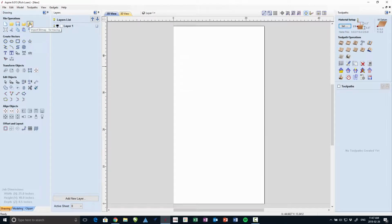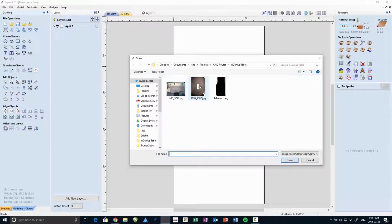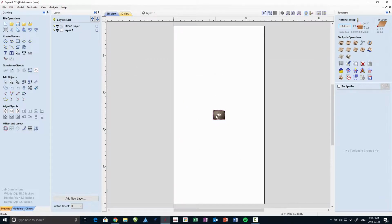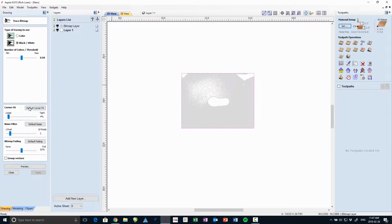Now what I had done is I actually created a prototype out of a piece of plywood and just sort of did it manually, cut it out on a bandsaw. But I wanted to make a whole bunch of them the same. So I used the feature in Aspire where you can import a photo and then trace it. So I just put this little piece of wood on my chair, took a picture of it, and played around with the parameters. So there is a little bit too much threshold there. Just play around with the various sliders until you get the...